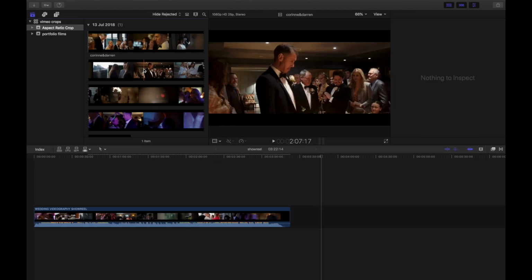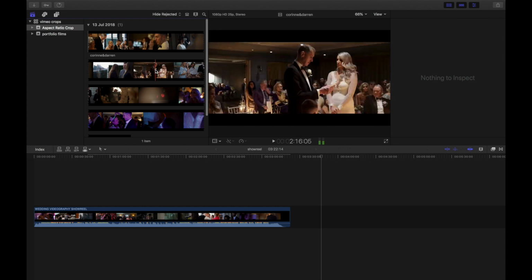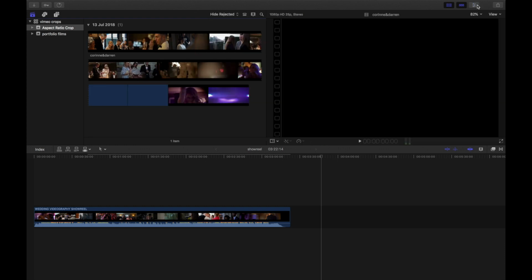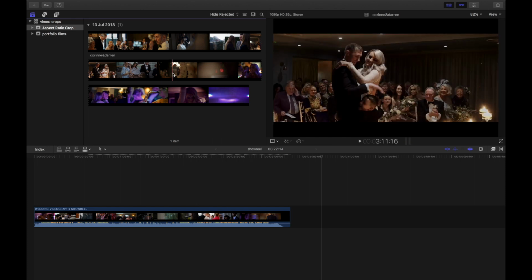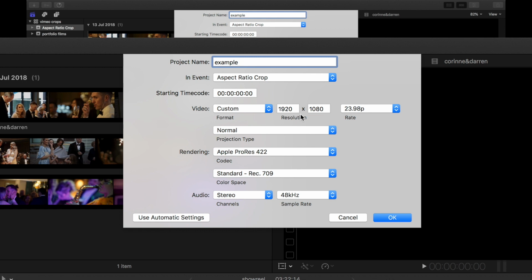Okay, so I'm just in Final Cut here, and what I've done is I've re-imported a finished wedding film, normal 16:9 aspect ratio. All I'm going to do is make a new project, give it a name. You want to go down to the video settings here, and it's currently set at 1920 by 1080, this sort of standard 16:9 format. So I want to change that to custom, so I can change the aspect ratio myself,